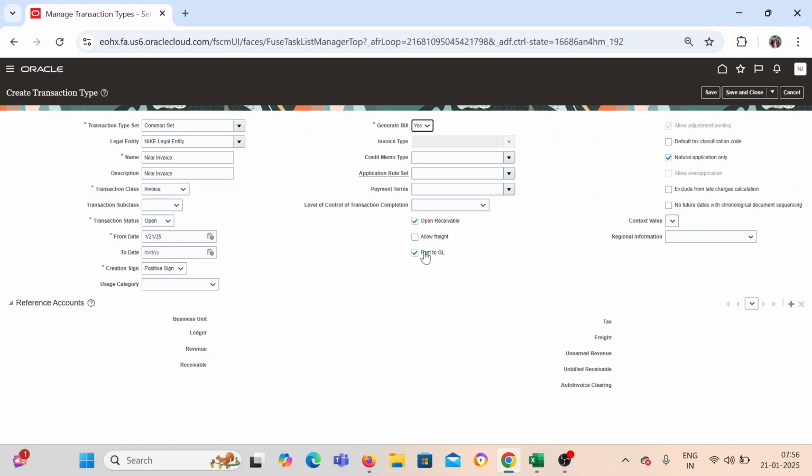And open receivables. With this, your balance needs to be updated in the customer. Let's say you have created a transaction with $5,000 by selecting one of the customers. After creating the transaction, if you go to the customer area, you will see the outstanding amount as $5,000. But if we disable this checkbox,